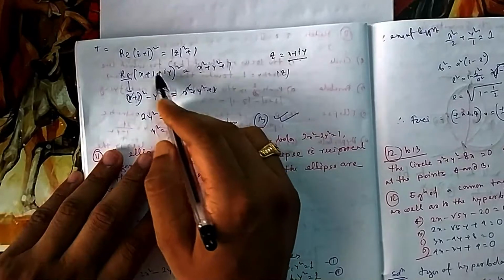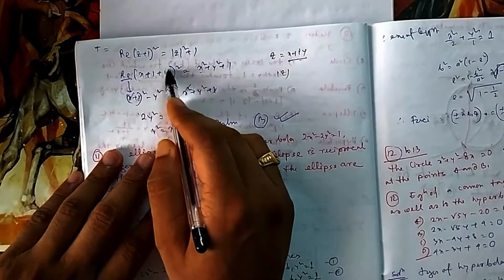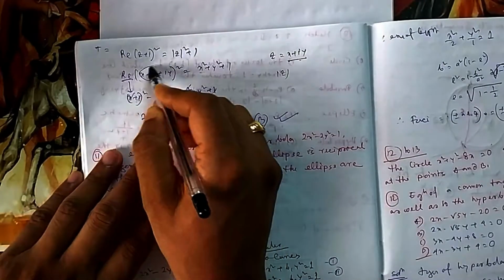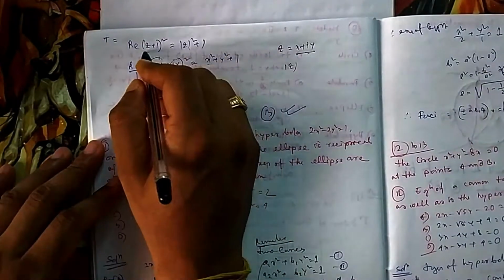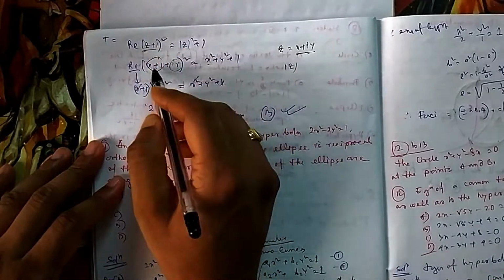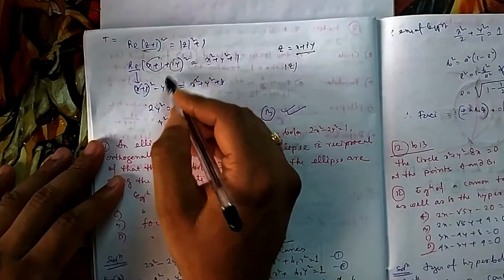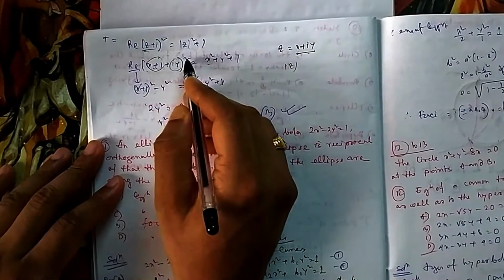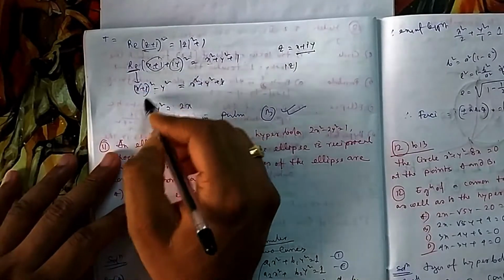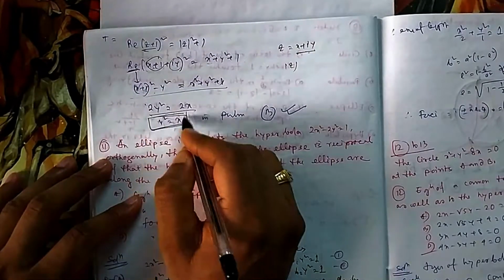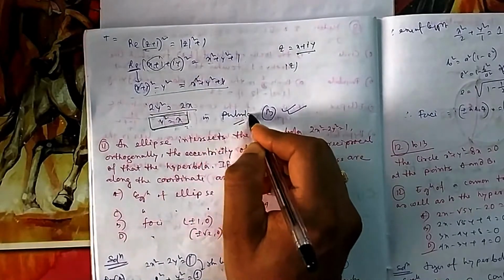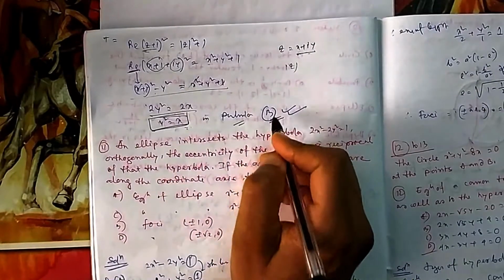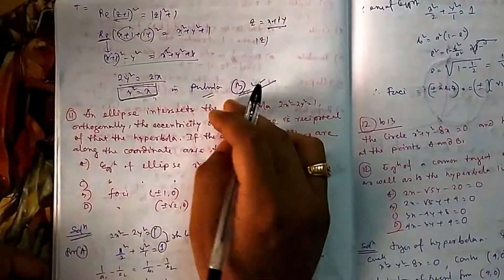real of this square. So if you open it, this will be a square plus b square minus, since i square gives minus, and 2ab there will be i, the imaginary part, because you are taking only the real part, so that is not needed. Now if you open it, you will get something of this format. So what is the equation? This equation represents a parabola, that is your option B. T will be connected with B.